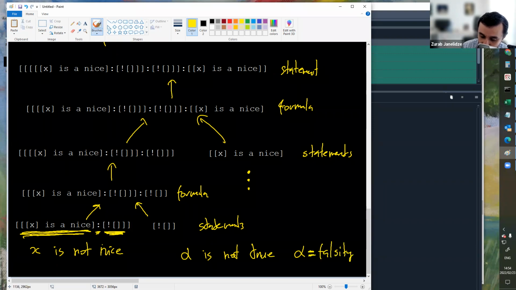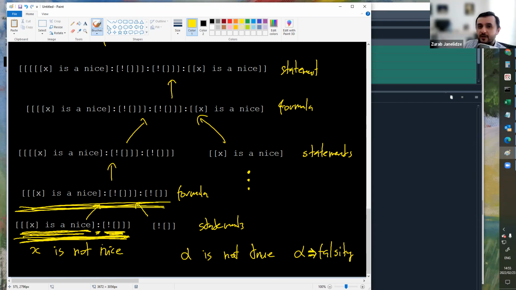Maybe we can put implication in standard mathematical language. In the Sophia language, this is colon like we use here. So something being not true means that we can derive falsity from it. Okay, I should be careful with the use of colons here. So that's what this says. It says X is not nice. But then, what does this thing say? Would someone like to give it a try to answer this question? So I explained why this thing means X is not nice. Next question is, what does this mean?